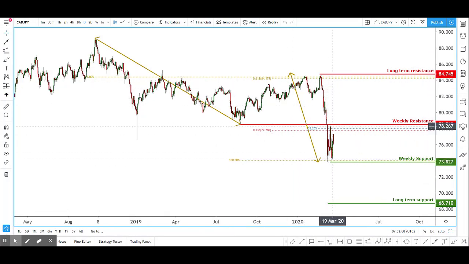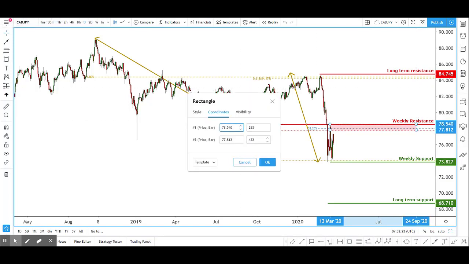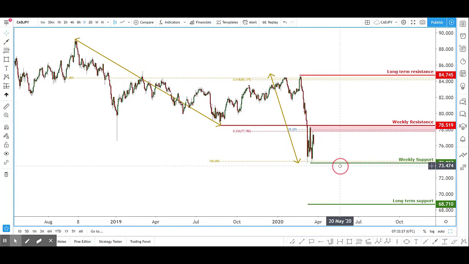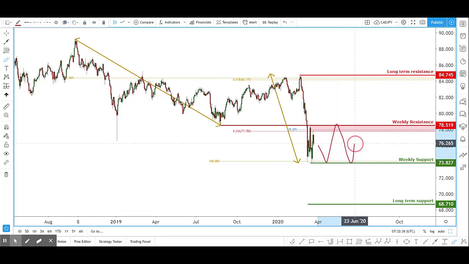We actually see price doing a strong back and forth pattern between this range here. All right, let me just highlight it. It seems like a very good range. So we can tell for sure that because this is a strong key level and this weekly resistance is also a strong key level, what price could possibly do is just back and forth in this area,